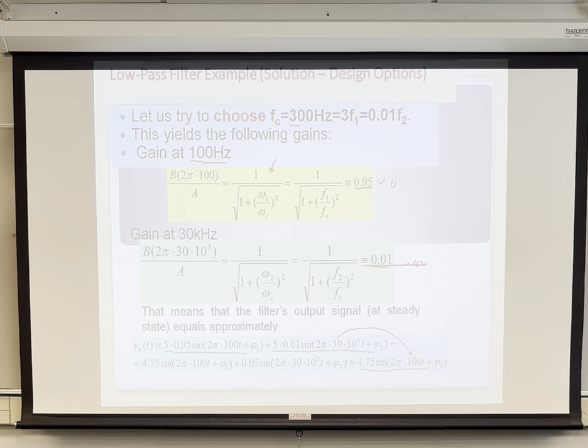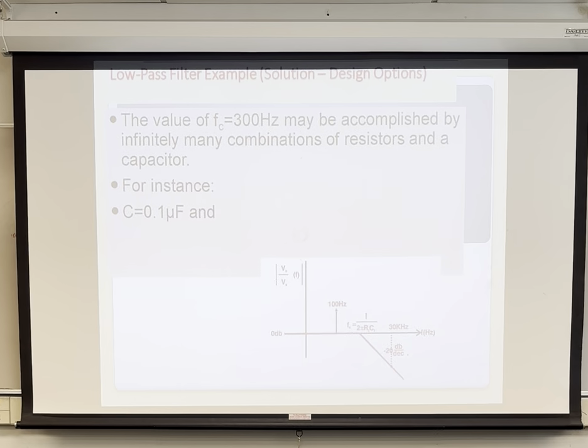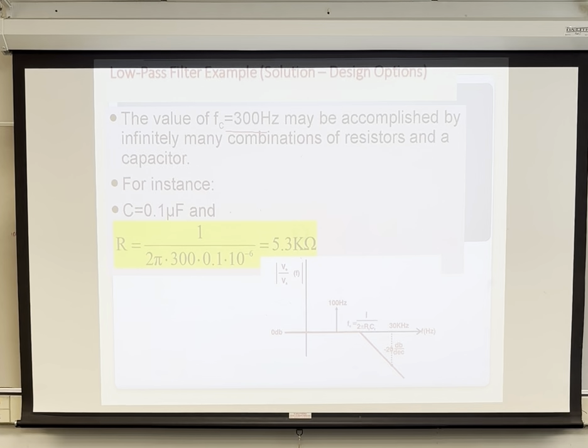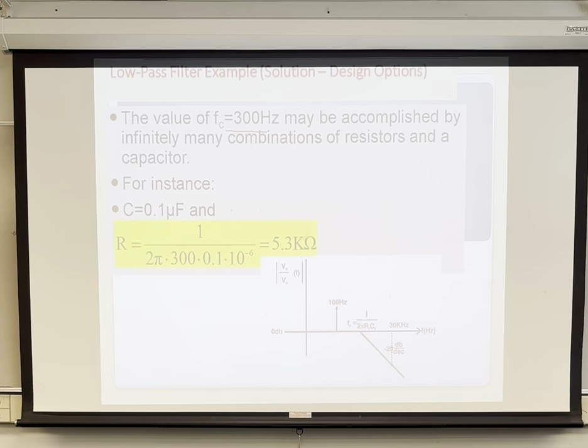As we say, it's an ideal filter, so there won't be any 30 kilohertz in the system. So with that, the designer, let's say, decides the cutoff will be 300 hertz. Now the resistors, the capacitors, you can pick the resistors or pick the capacitors. So again, because there are hundreds and hundreds of combinations, let's say we decide capacitor is 0.1 microfarad, you might